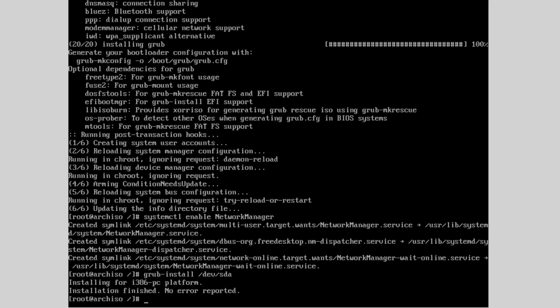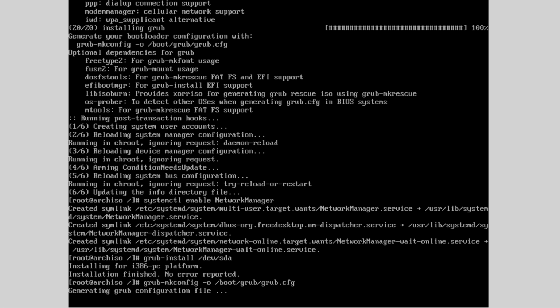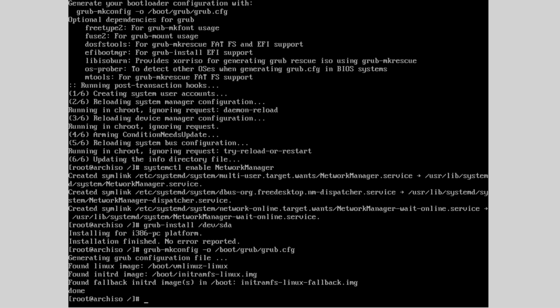And then we want to generate our configuration files. So the command for that is grub-mkconfig -o /boot/grub/grub.cfg. And take a look at the output of this command. If it doesn't say found Linux image and found initrd image, then you probably forgot to pacstrap your kernel. So go back and do that,